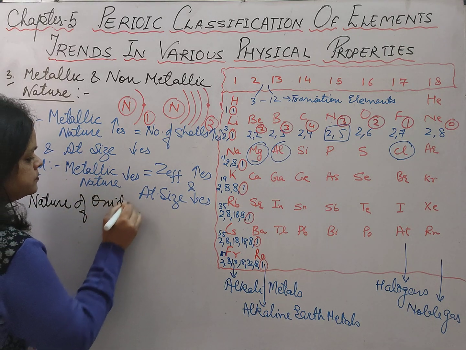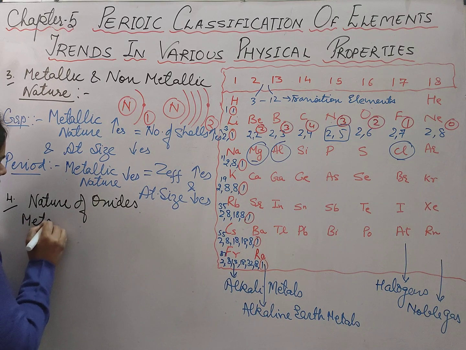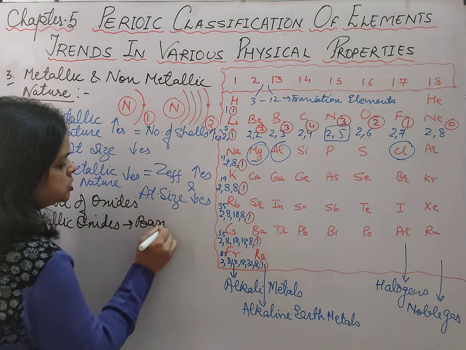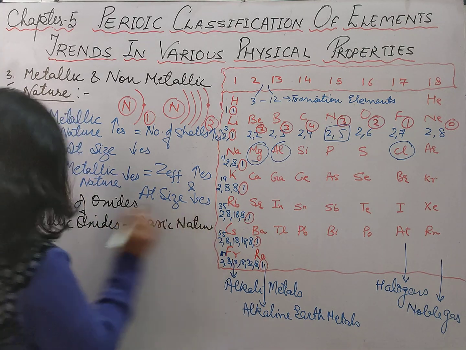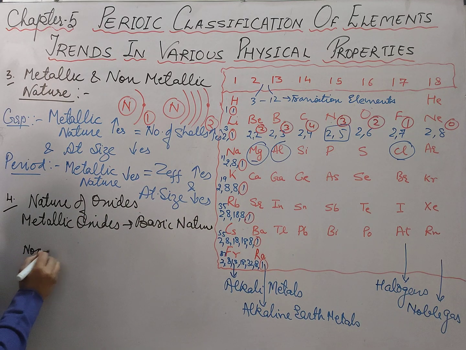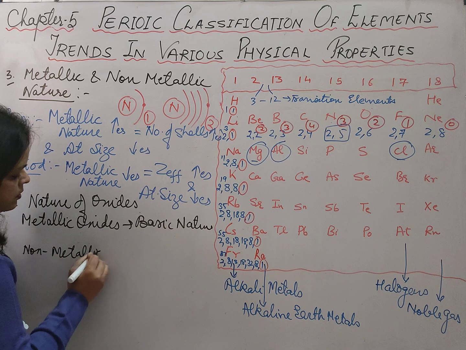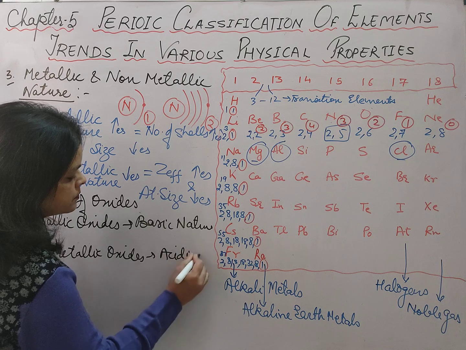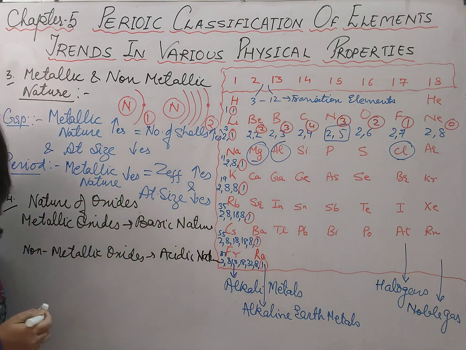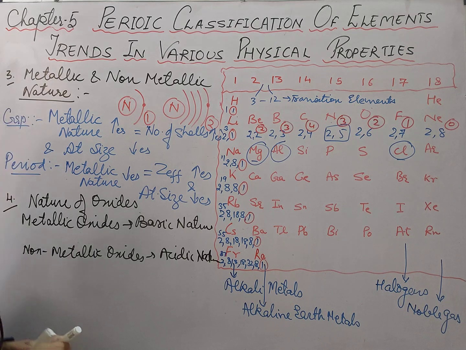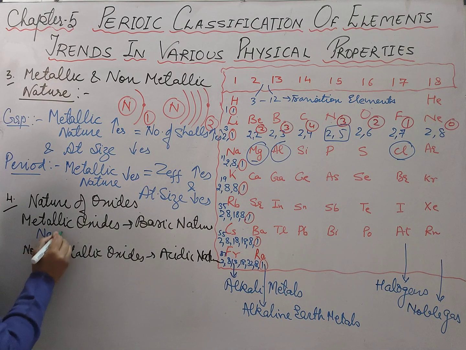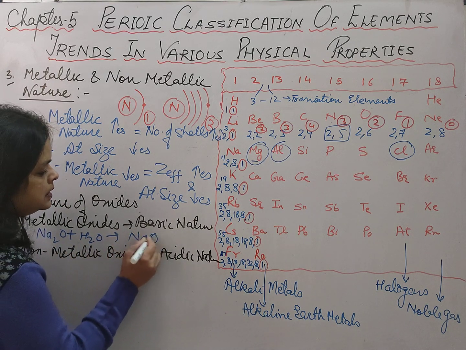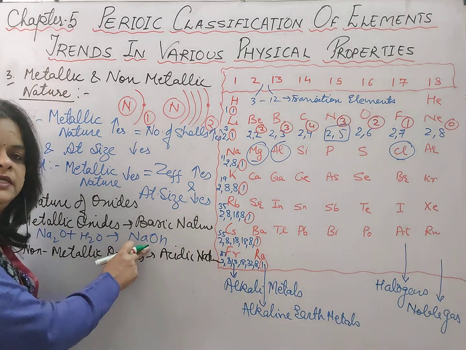बेटा, हमें ऑलरेडी पता है, जो हमारे मेटेलिक ऑक्साइड्स होते हैं, मेटेलिक ऑक्साइड्स दे आर बेसिक इन नेचर, और जो हमारे नॉन मेटेलिक ऑक्साइड्स होते हैं, नॉन मेटेलिक ऑक्साइड्स दे आर एसिडिक इन नेचर. ठीक है, एग्जाम्पल लिख लेते हैं. सपोज हमारे पास सोडियम ऑक्साइड है, वी आर हैविंग द एग्जाम्पल ऑफ मेटेलिक ऑक्साइड Na2O. Whenever it dissolves in water, it forms an alkali, a base, that is NaOH. It is having the basic nature.